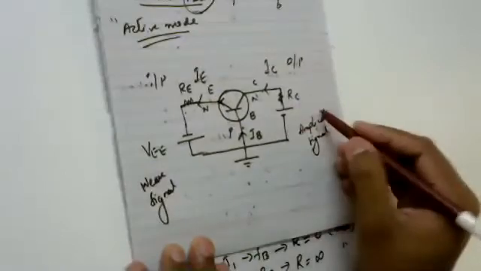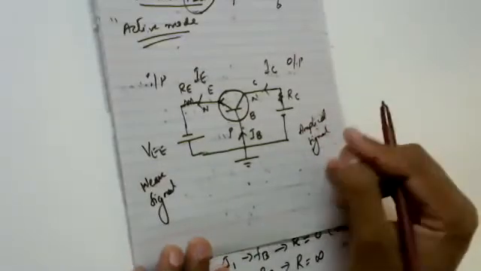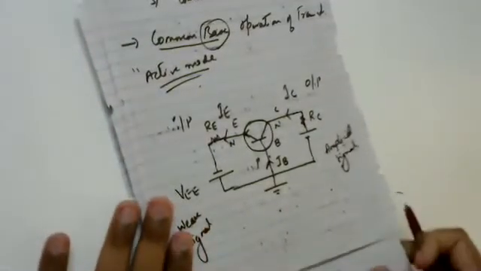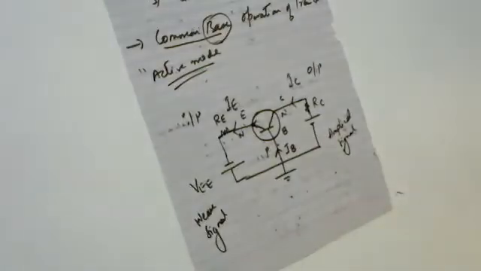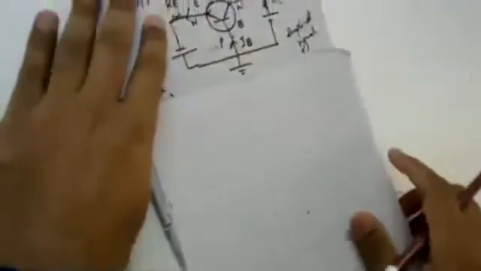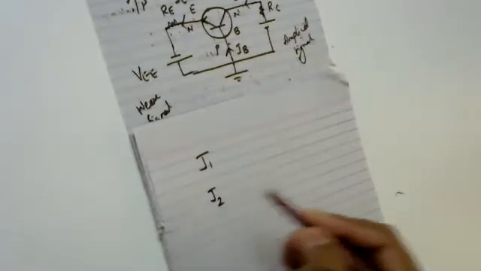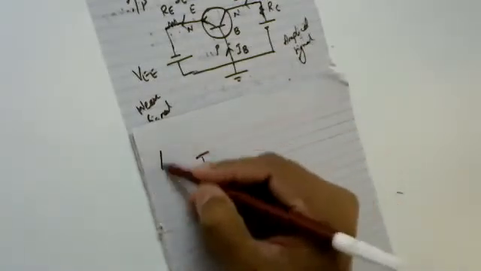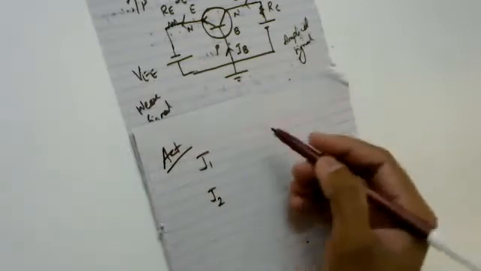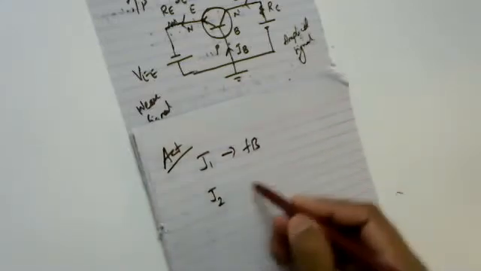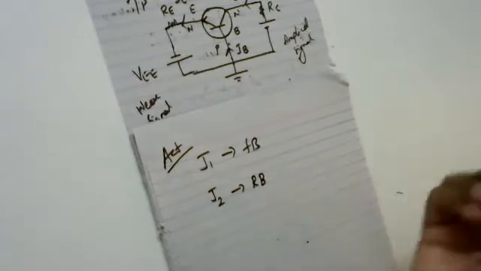I'll be able to find my amplified signal onto my output side. Now, to start this interaction, since we have discussed the structure of an NPN transistor, we have two junctions, junction J1 and junction J2. Since we are operating this transistor in the active mode, junction J1 is forward biased, and junction J2 is reverse biased.